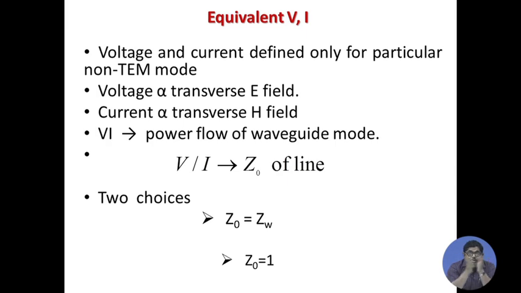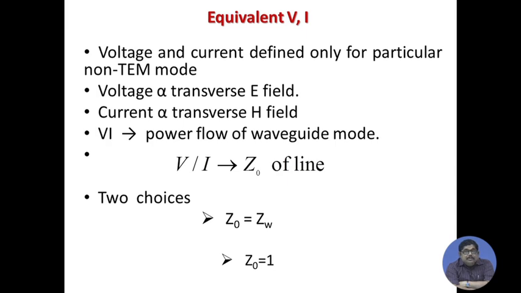Now, obviously, this proportionality constant can be many things. So, this is not uniquely said, but then 2 more conditions are imposed on these 2 to make the whole thing very unique. That one thing is, the instantaneous power flow should be equal to the product of voltage and current,